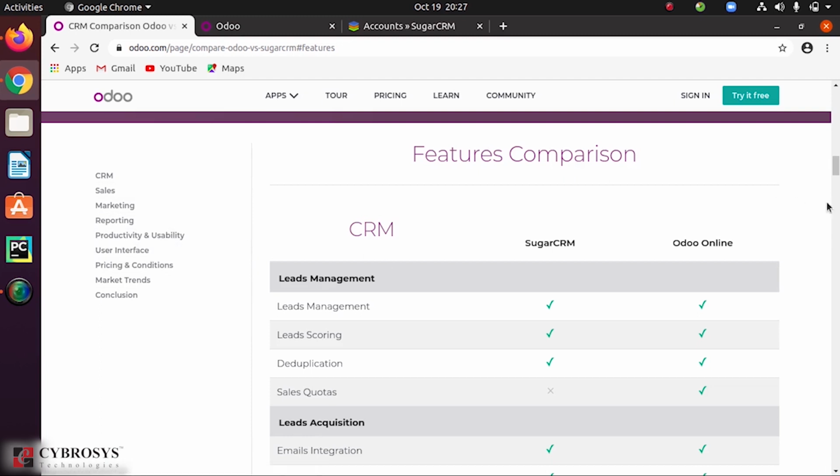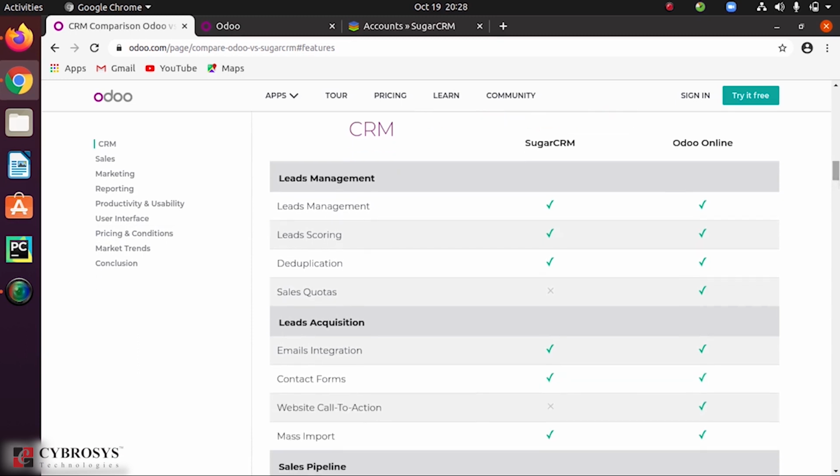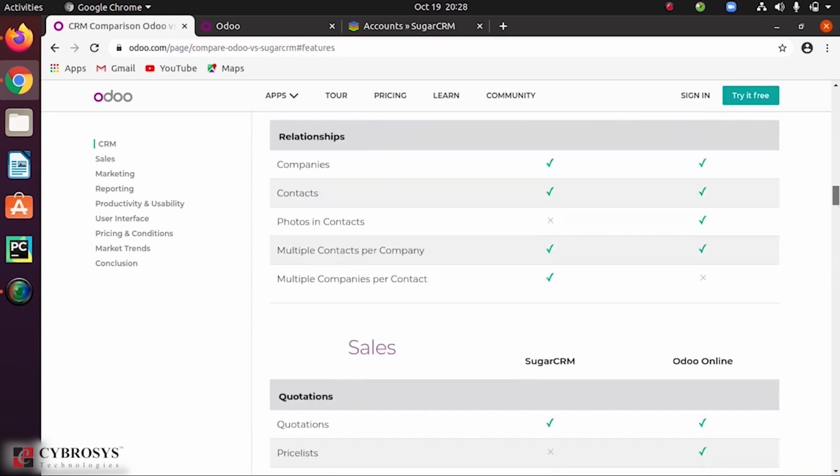The first one is customer relationship management. Here you can see the features that relate to lead management, lead scoring, deduplication, quotes and all. Here you can see the basic comparison that is done between them.